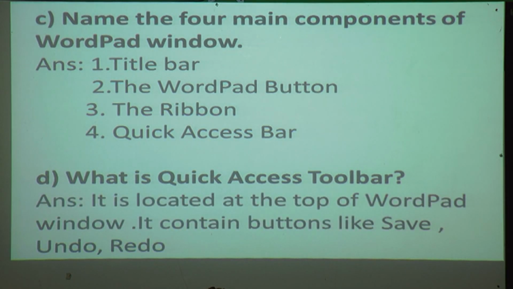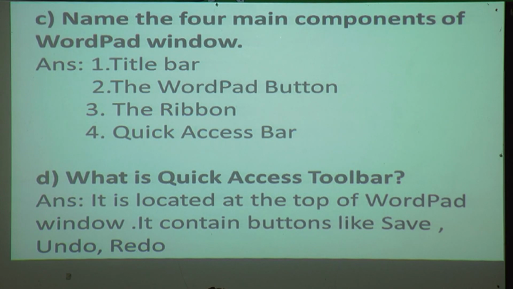The quick access toolbar means it is located at the top of the window. It contains buttons like save, undo, redo, and we can add more buttons on it and we can delete it also from it.